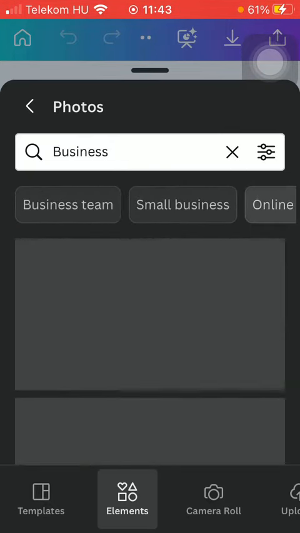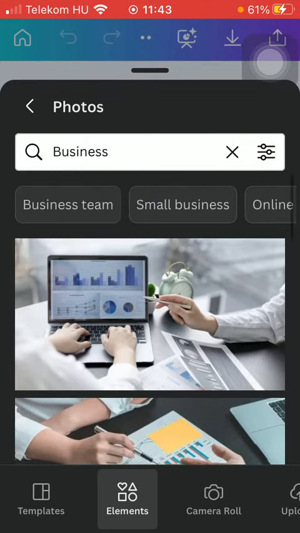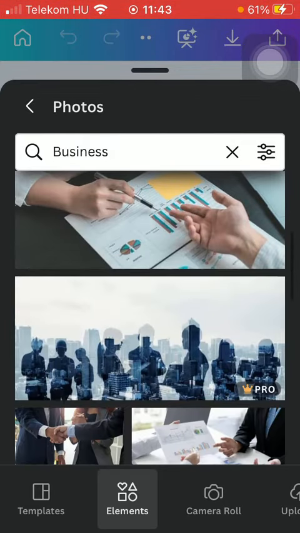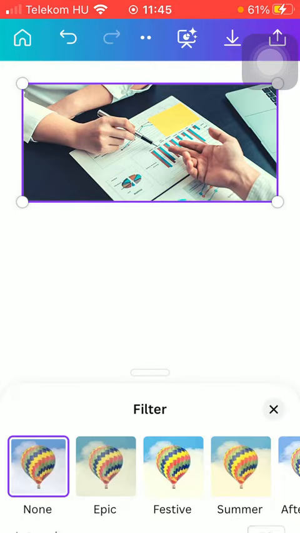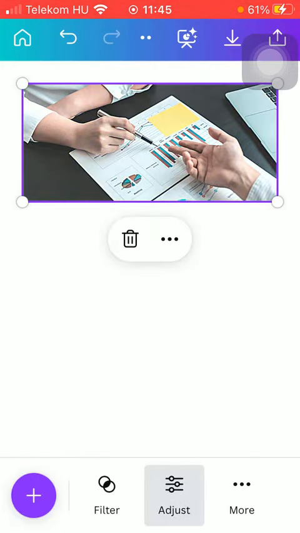So tap on a relevant one, choose from a subcategory from the top and click on the picture you would like to insert into your document. Tap on it. Here you can make it bigger or smaller, you can apply filters to it, you can adjust